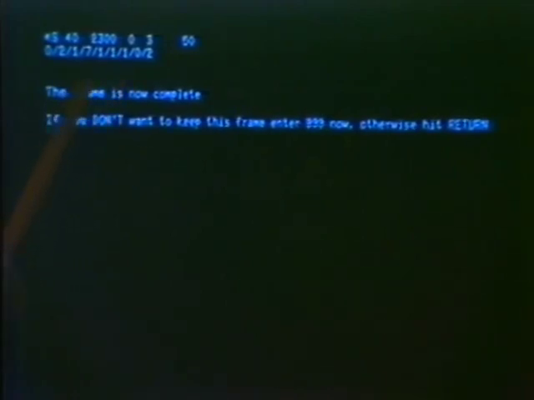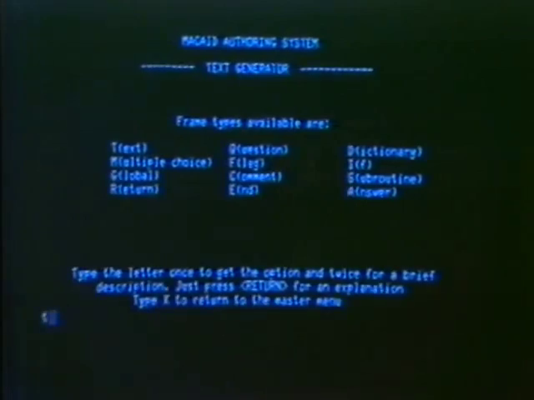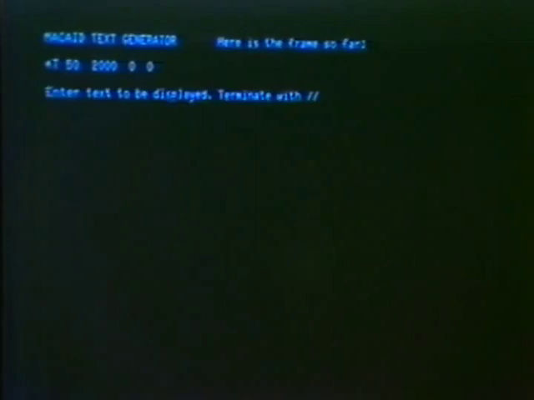Now let's insert a little bit more text, and this will be in frame 50, the next frame in sequence. So we'll just insert another text frame, just pressing return to get default parameters. We'll make a note where we are. We have now reached frame 50,